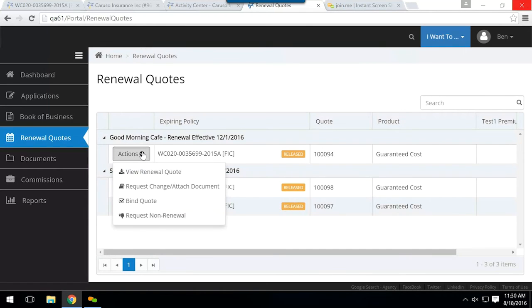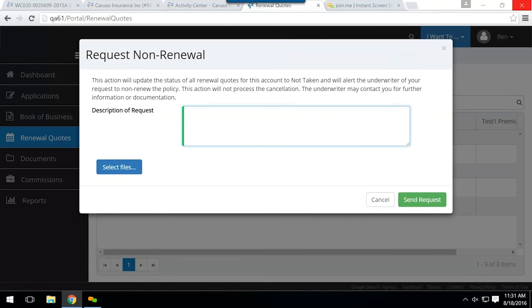I can go ahead as the agent and say, I'm sorry, I'm not going to place this with you at renewal. The request non-renewal option lets the agent know that what they're basically doing is updating the quote status to rejected or not taken, whatever label you use for that. This explanation on the screen is controlled via preference, so you can change the wording around a little bit